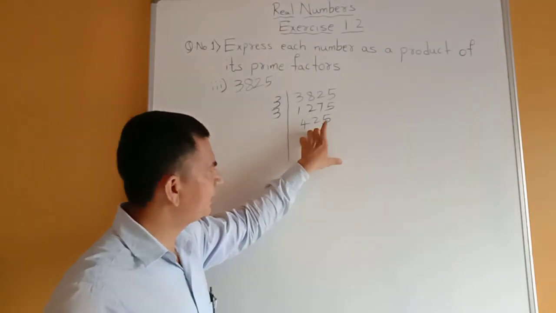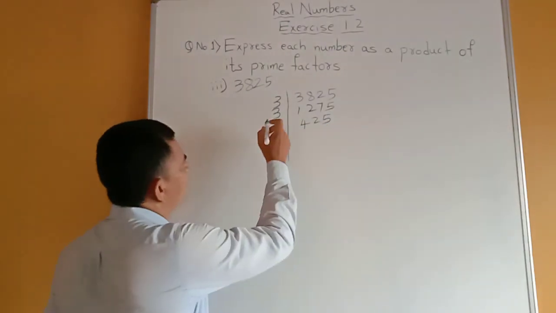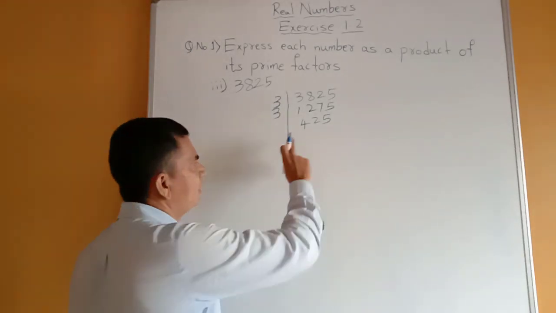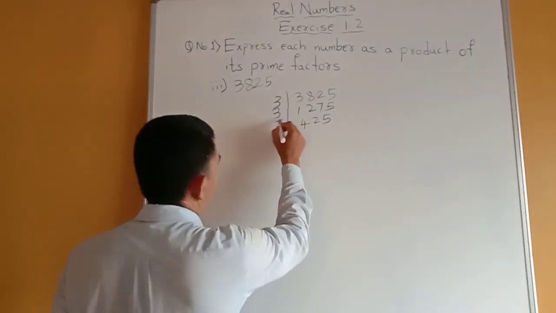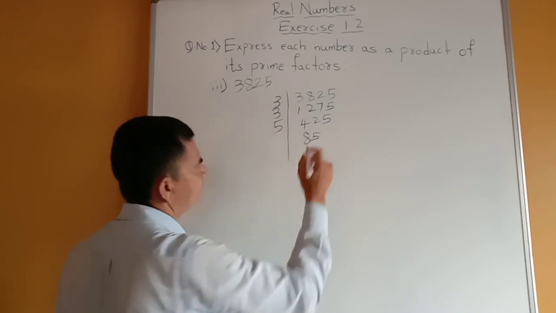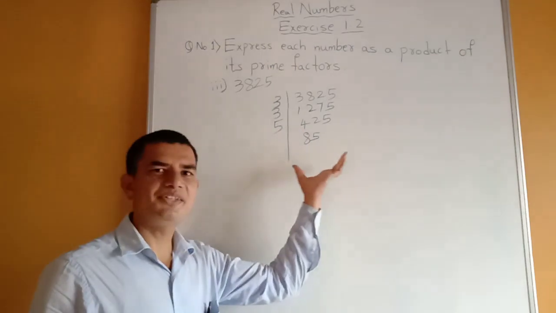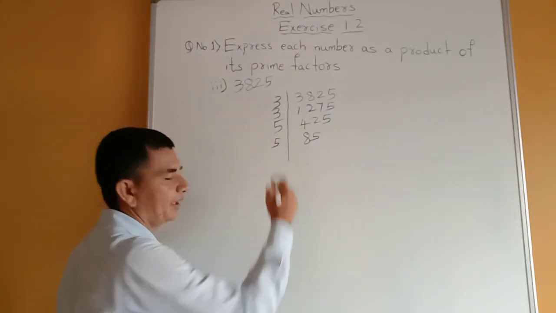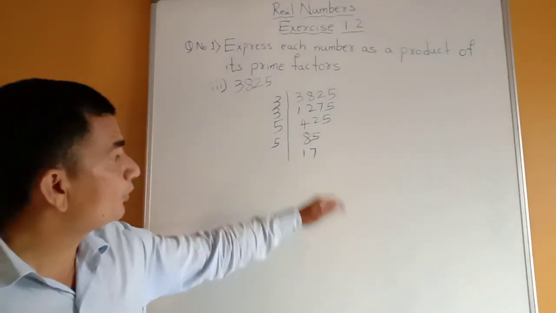Then what you can do, the unit place 5 is there, so we can take 5. Is it divisible or not, you can check roughly first. After that you can take 5 8s are 40 and 5 5s are 25. Yes, it is divisible by 5, we can take here 5. Now we got here 85. Now again we have to check, is it in 3 table or 5 table. So again it is in 5 table. 5 ones are 5, 5 7s are 35. Now we got here 17.